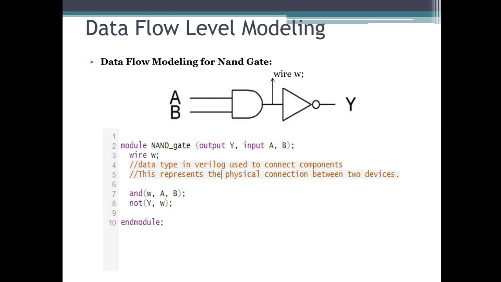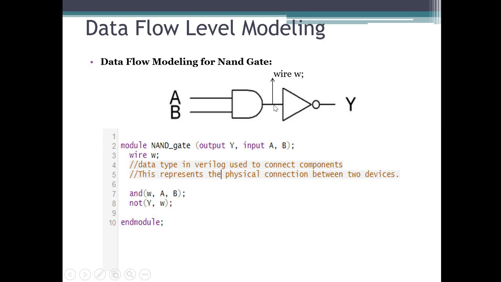With data flow, obviously, for the OR gate and NOT gate you can write the code easily, because you just use the simple pipe symbol and negation symbol. But what about NAND, NOR, XNOR kinds of gates? Suppose I'm talking about the NAND gate. The NAND gate is a combination of an AND gate and a NOT gate. Here I have drawn an AND gate and a NOT gate. The inputs of the AND gate are A and B, its output is connected to a NOT gate, and the output is Y.